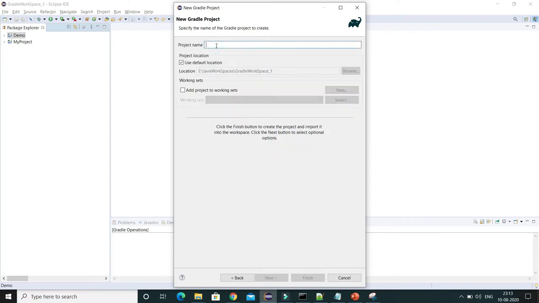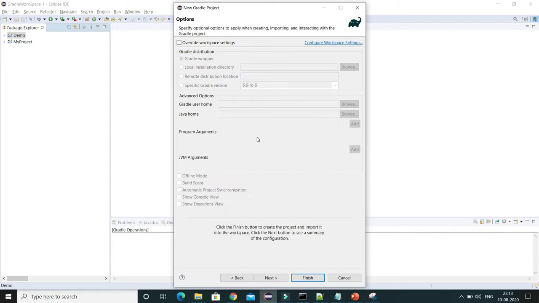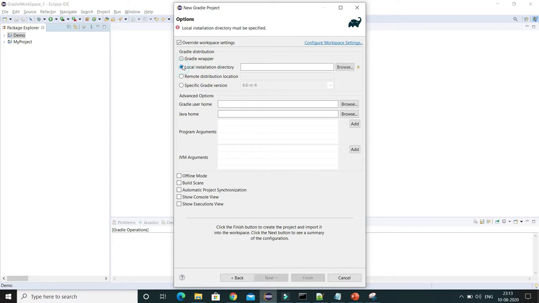Now here you need to specify your project name. So here I'm going to specify the project name as my demo project. And now click on Next, and here I'm going to select this override workspace setting. Just select it, and here I'm going to browse a few things, like the local installation directory of my Gradle, right?